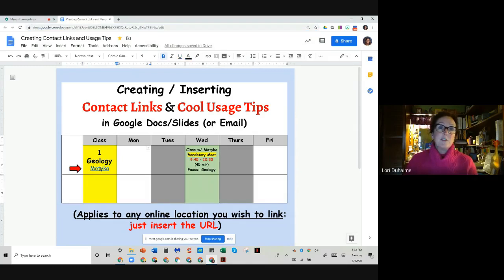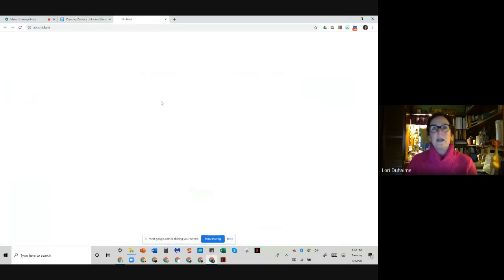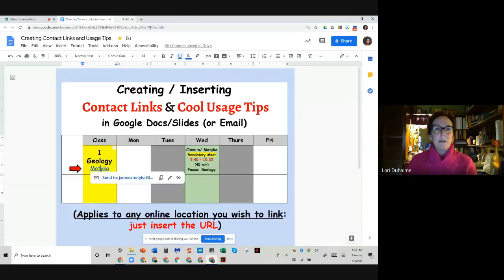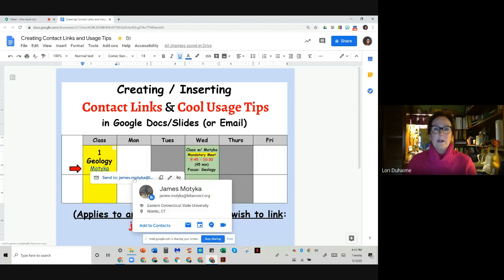So now I've got Mr. Motika's name here, and some of us have been clicking right there on that first little James Motika and being sent to a blank screen. That's what will happen if you're just a tiny bit impatient when you click on this link. What you really need to do is click on the link, then hover on this first little pop-up until you get this magical one. Now, we have 4 ways to contact Mr. Motika,